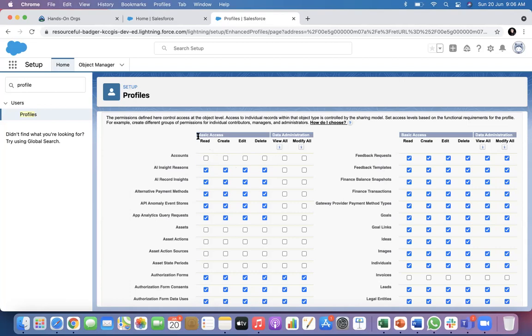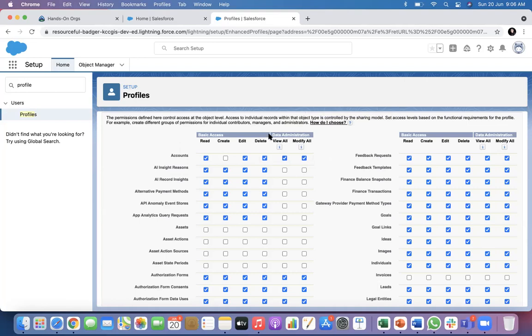Clear? So these basic accesses are applicable for owners. There is a view all and modify all permission also. If you tick this view all, then it will bypass OWD. That means if the OWD is set to private, still a non-owner can see records; this profile can see non-owner's records. If I do a modify all, then this person can bypass OWD and even modify non-owner's records.